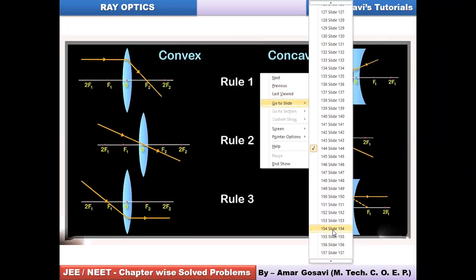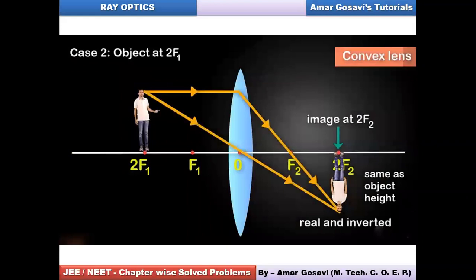So I will show you how exactly image formation will take place so far as the convex lens is concerned. Say for example, you place the object here, you can see at 2f1. The first ray will move parallel to the principal axis, and after refraction through the lens, it will move through the focus on the other side. The second ray would move directly through the optical center undeviated, and wherever these two rays meet, say for example this point, here is the image formed.